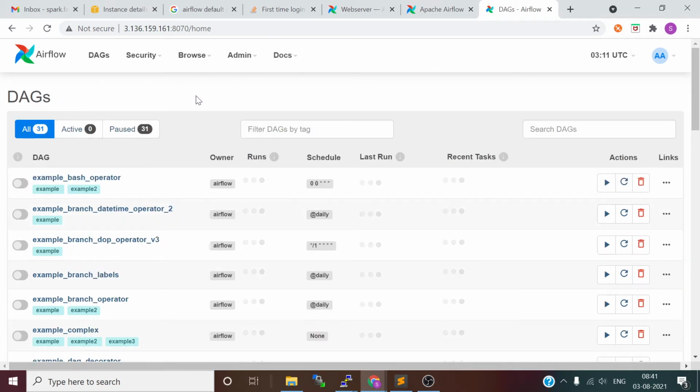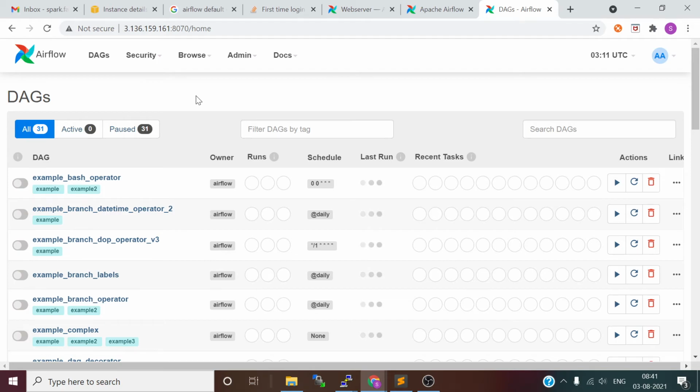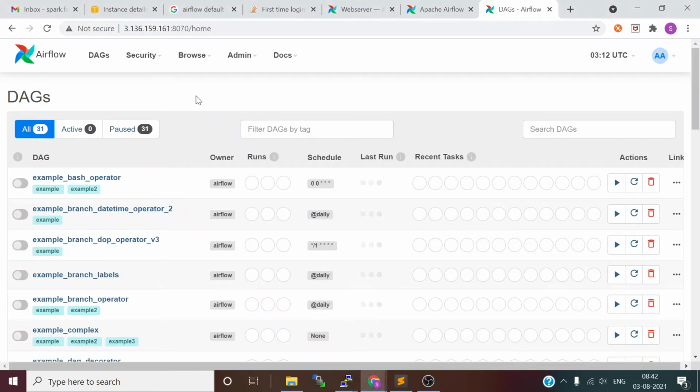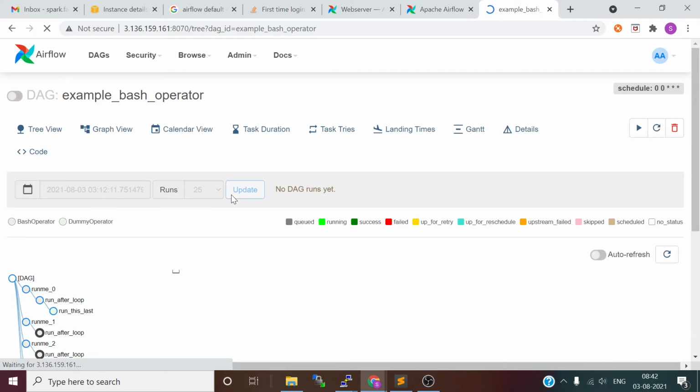So we are successfully able to install Apache Airflow and run our web server and scheduler. If you want to check a job, you can click on it and see the DAG information and graphical representation.